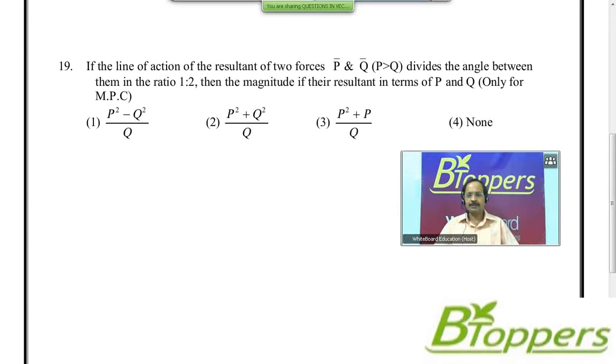This question, I feel, may be needed only for students with the mathematics option, that is MPC students. It may not be required for those who are preparing exclusively for medical entrance, but even they will probably be able to understand the solution. The only thing is, they use one formula from trigonometry. Come on, look at the solution of this question.